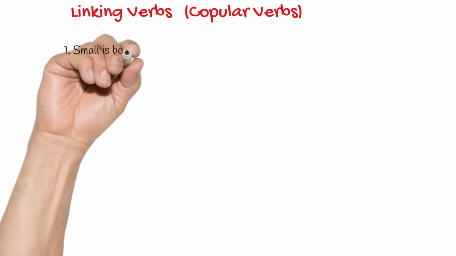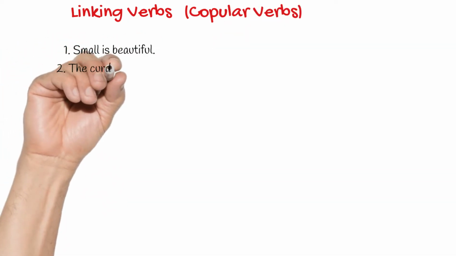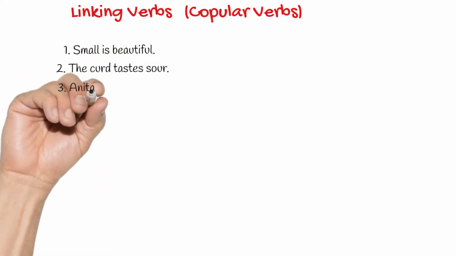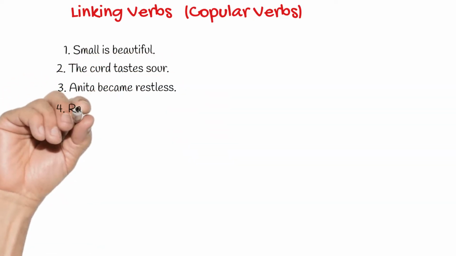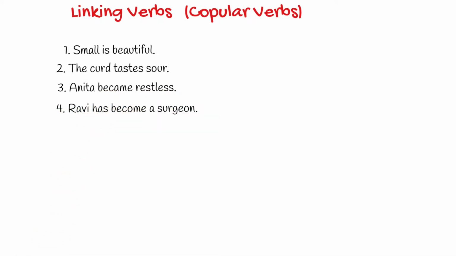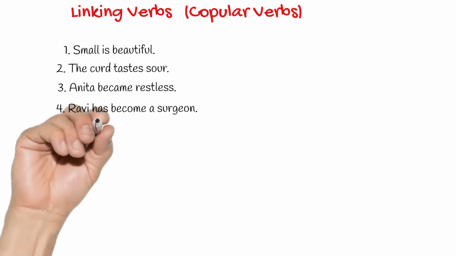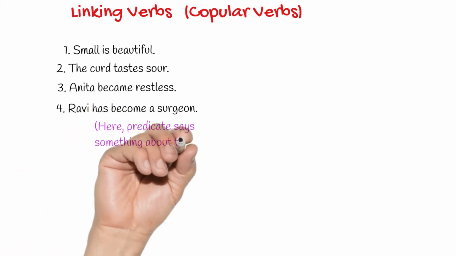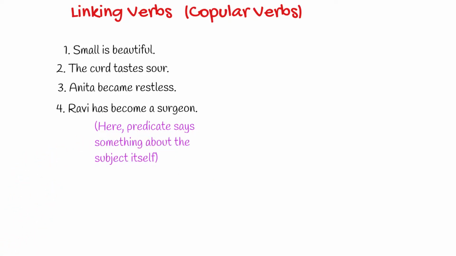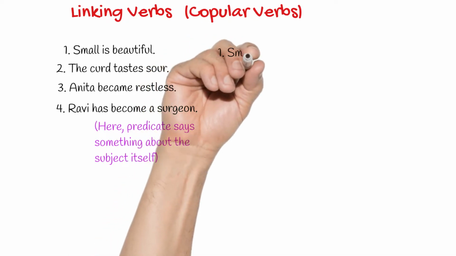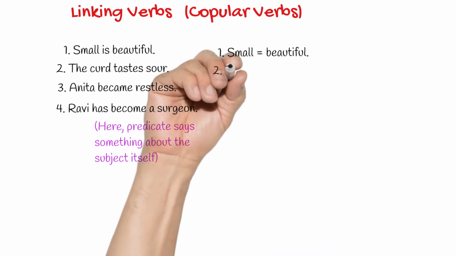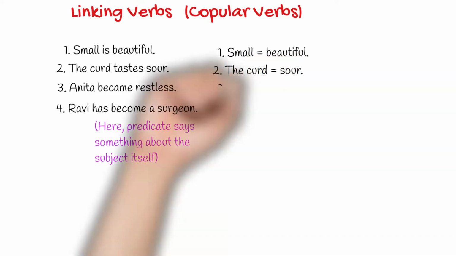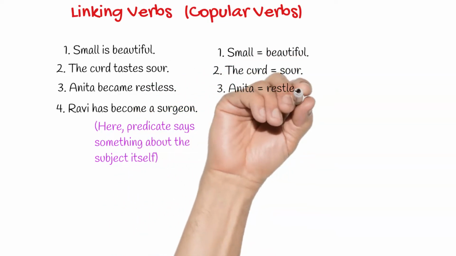Examine here. Small is beautiful. The curd tastes sour. Anita became restless. Ravi has become a surgeon. In these examples, the predicate doesn't explain action like action words. The predicate contains a verb and other words which say something about the subject itself. In other words, a linking verb or copular verb links the subject and the complement, whereas an action verb denotes